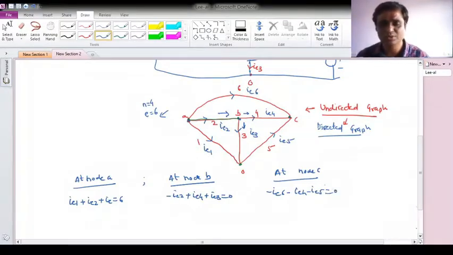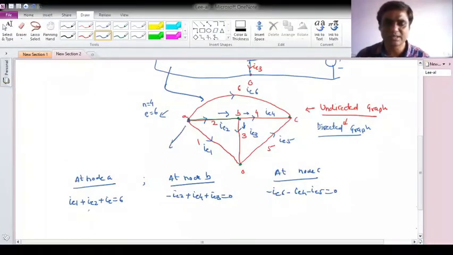Okay. So what we have done is, this is my complicated circuit, and it is simply replaced by a directed graph, which can be obtained by using the nodes with the branches. Give a number to each branch or edge, then give directions, which will be arbitrary, and from that you can write the equations using KCL.